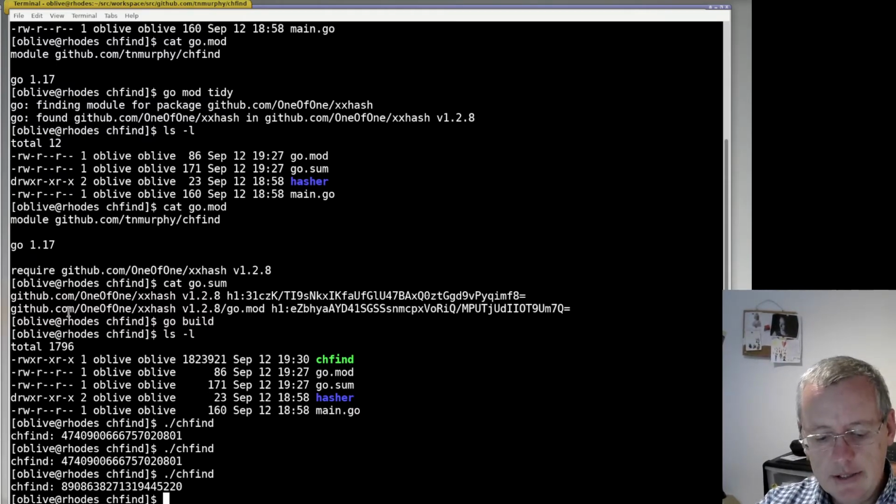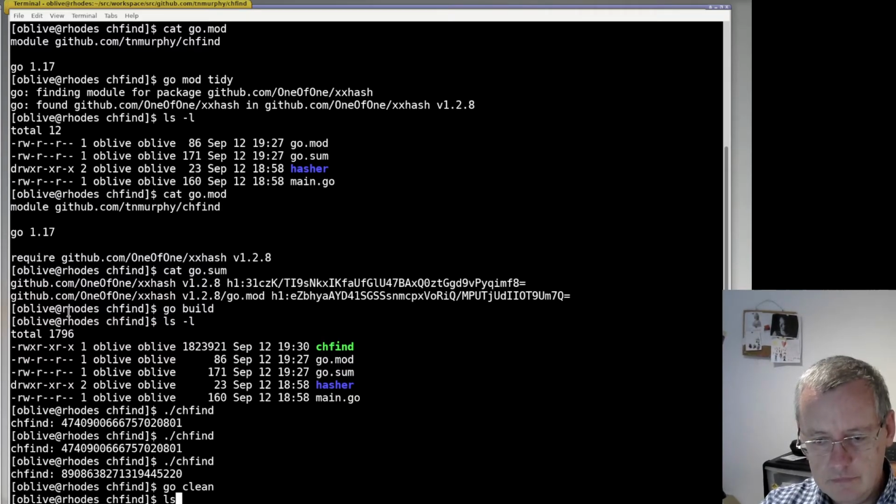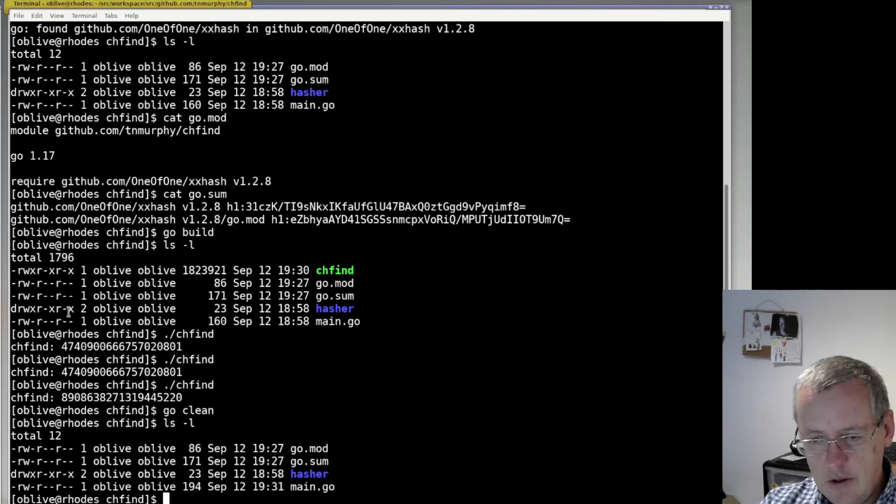Let's see. Let's first do a go clean. Okay, that means now I can. I've cleaned away the binary output, so now I should be able to git. I think I'm going to leave this for another time. I haven't set up the repository, so it'll cause trouble. But I can create the repository now. I can do git init,